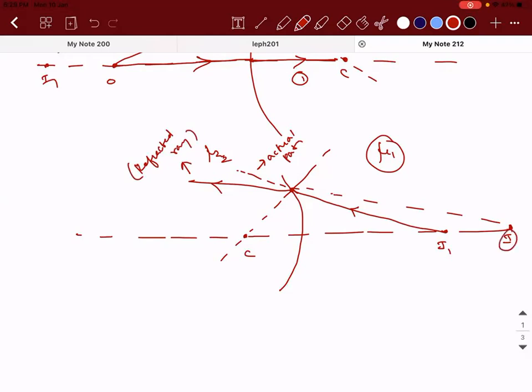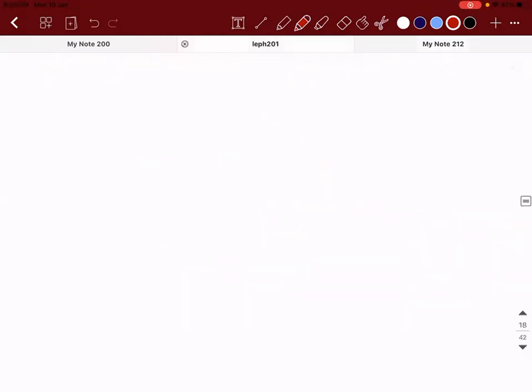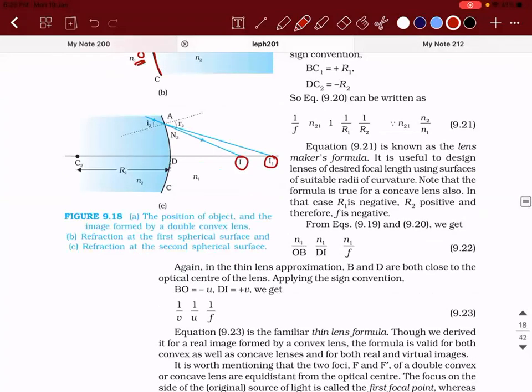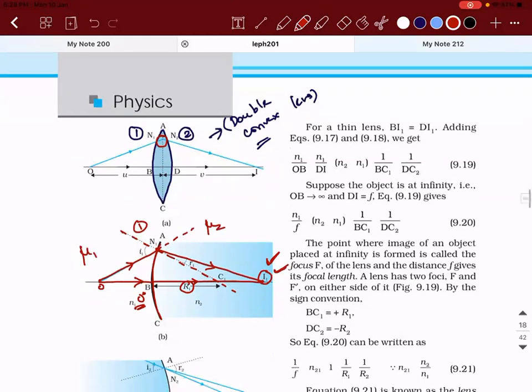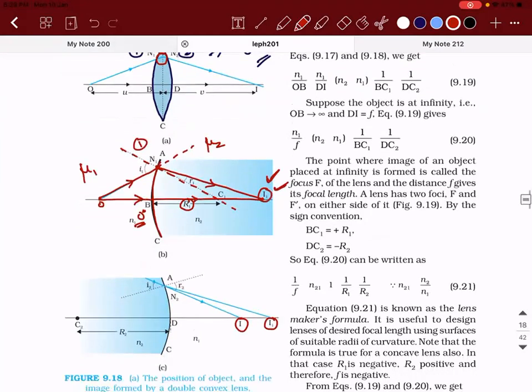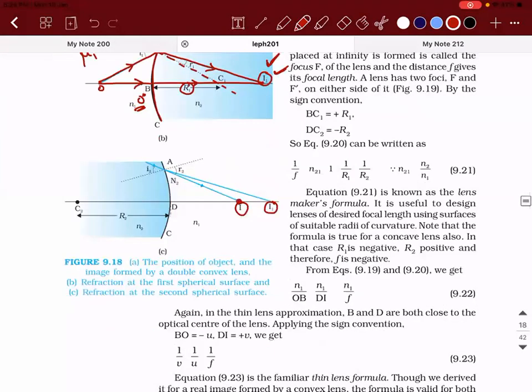According to my logic, the image is formed here. But look at the way they have drawn the diagram. They have told that the image is formed here. Okay, it's their way of assuming, because what they're trying to say is you're able to see that the ray has got bent twice. Okay, they're trying to say that the ray has got bent, one due to the first refracting surface and second due to the second refracting surface. So instead of the image being formed here, they're trying to say the image is formed before itself. Okay, that is the meaning of the second ray diagram.